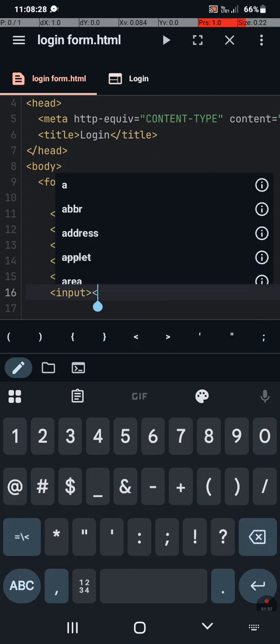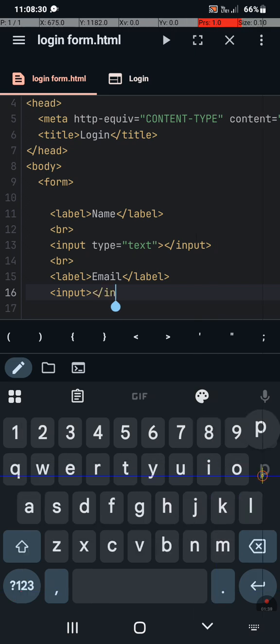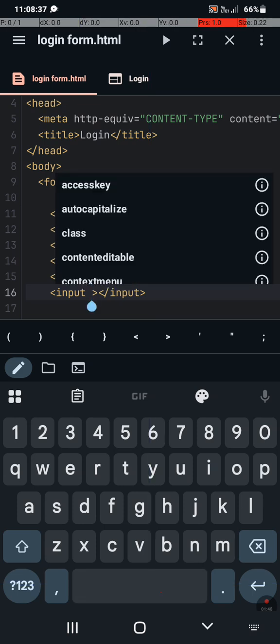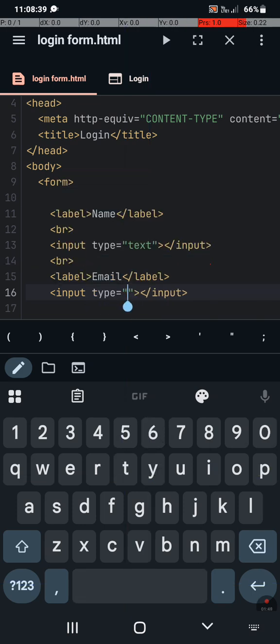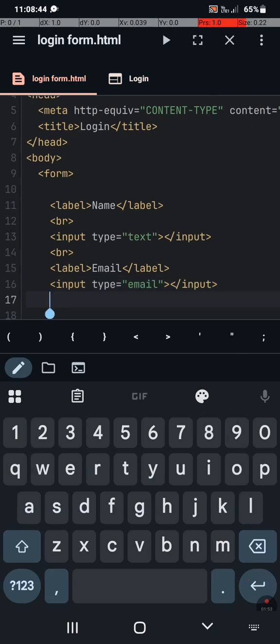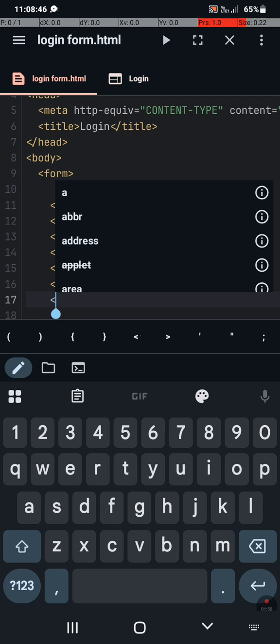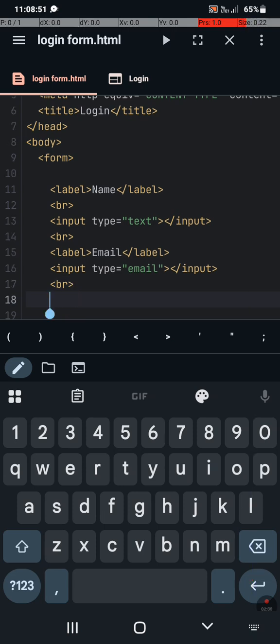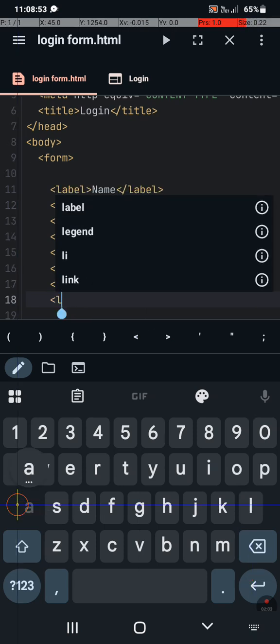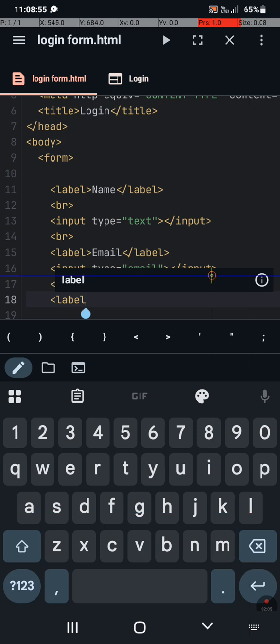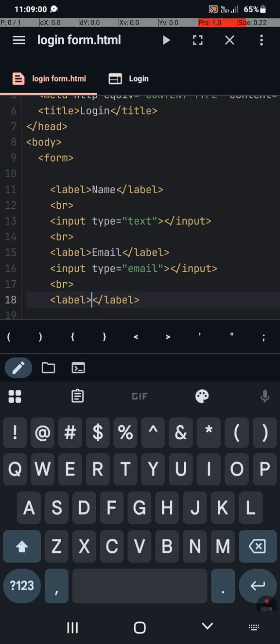the email. Input, and then the attribute, now the type is email, and then we're going to have our password. Break, make everything more organized. Label, and then your password,